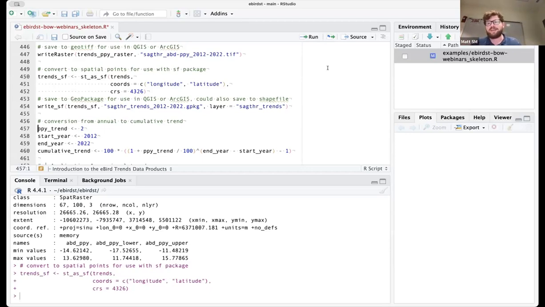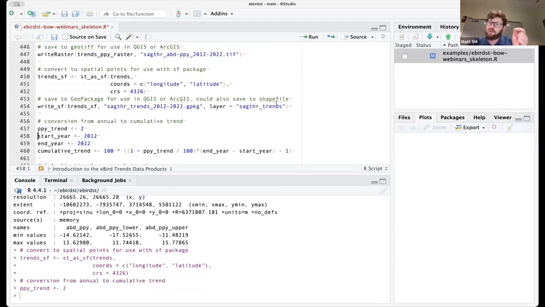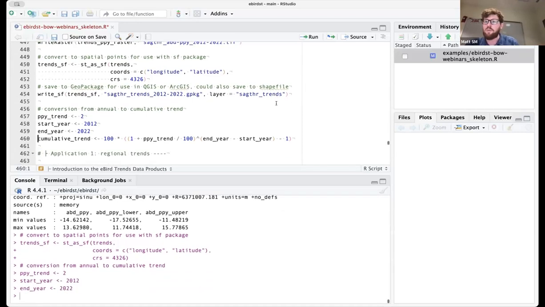So it's the exact same thing, but with birds. If you have 1,000 sage thrashers, and in this example I'm saying the PPY trend is 2, that's a 2% increase in sage thrashers per year. I'm starting in 2012 with 1,000 birds, and I want to know how many birds I'll have in 2022.